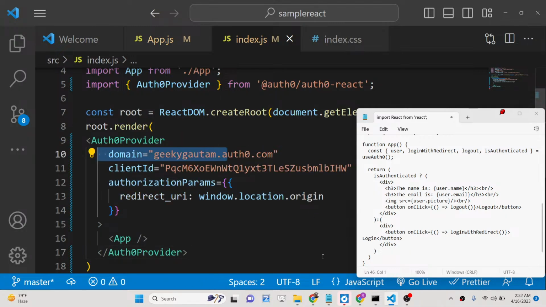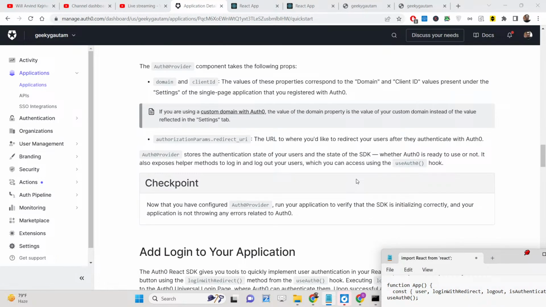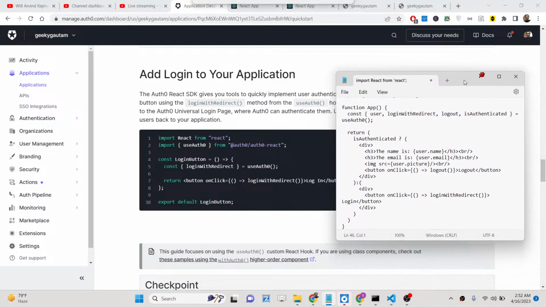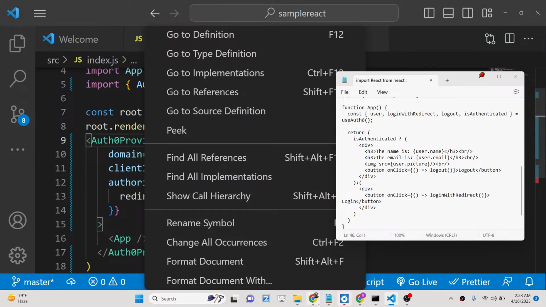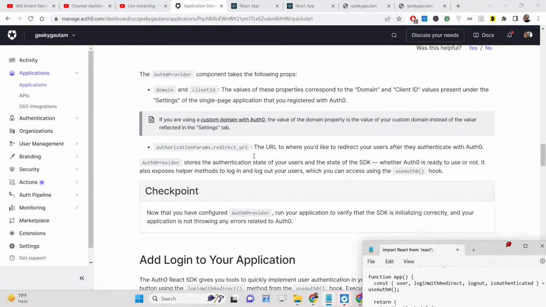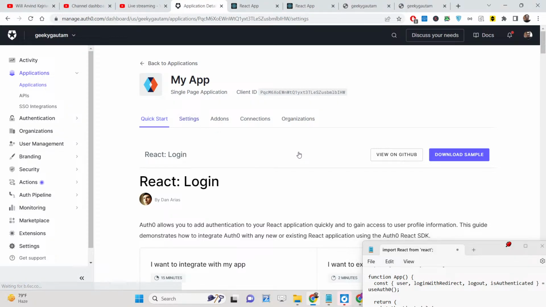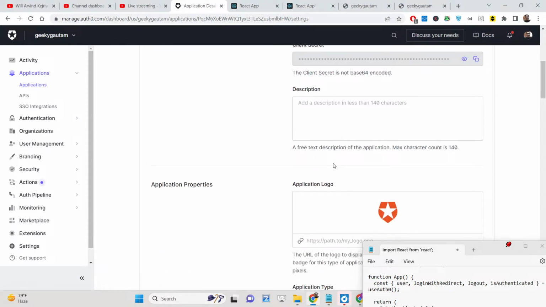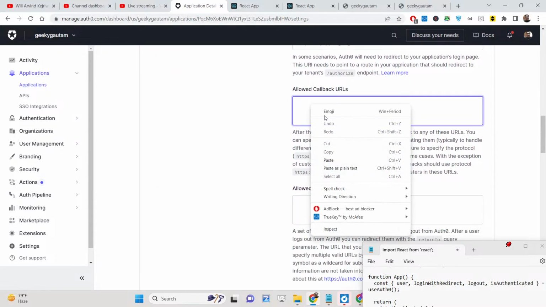This is your domain name, client ID. Now we simply need to add this localhost 3000 inside your settings. So right here, go to your settings, guys, and basically right here inside your allowed callback URL,